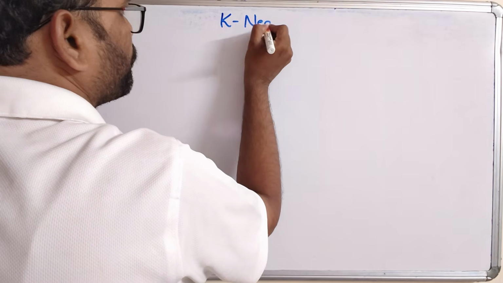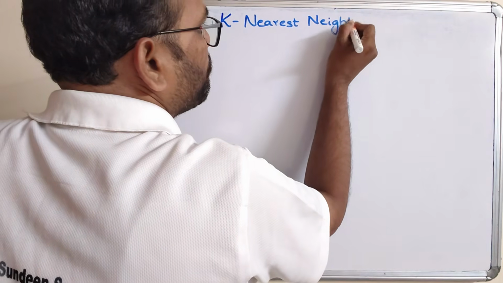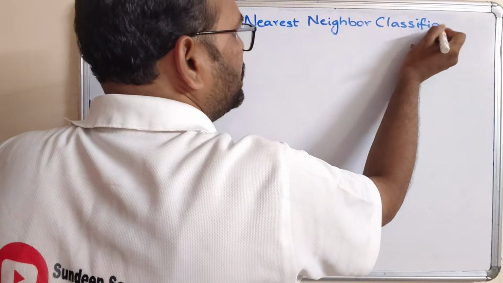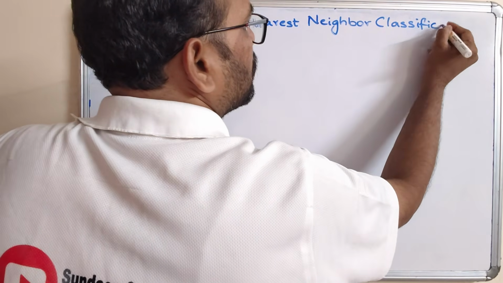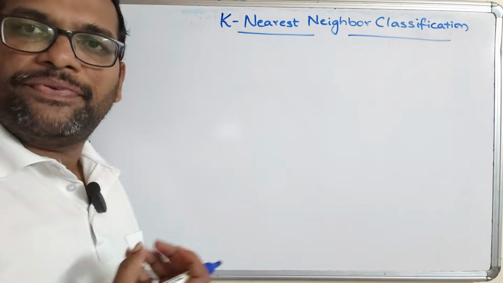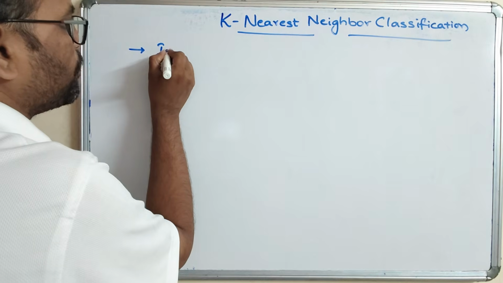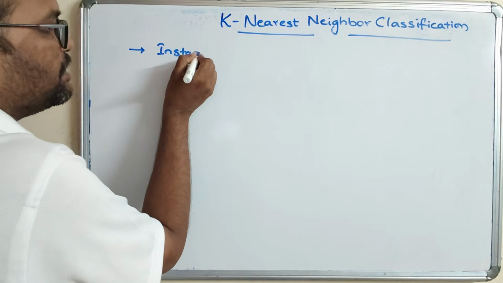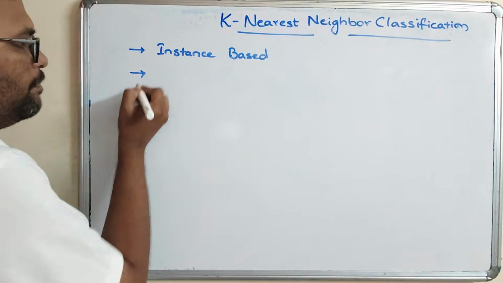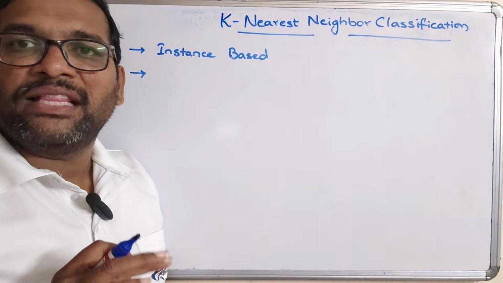K nearest neighbor classification. Here the name itself indicates we need to consider the nearest neighbors in order to classify the input. So this is an instance based process, instance based classification. And one more thing, in this k nearest neighbor classification, it doesn't create any mathematical model from